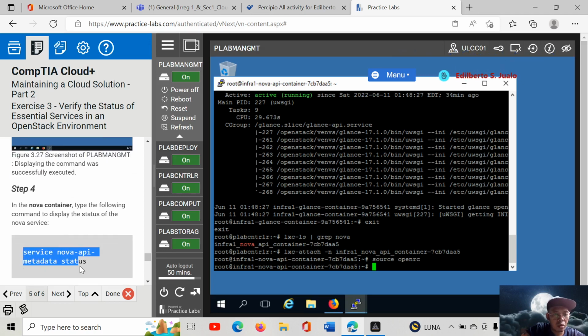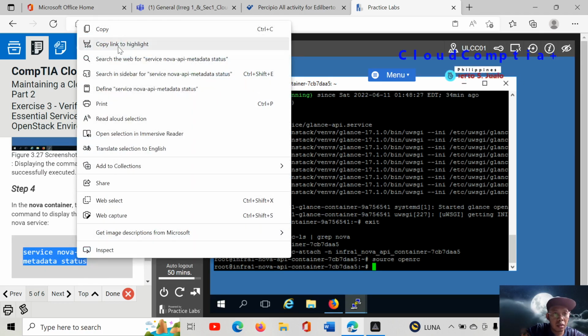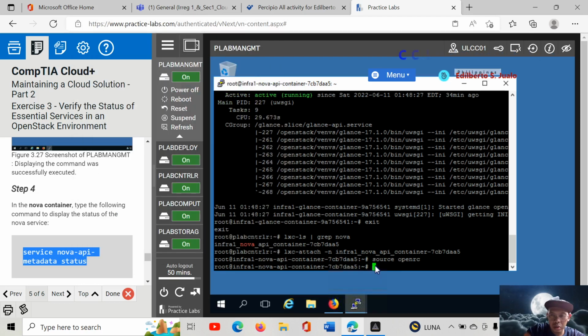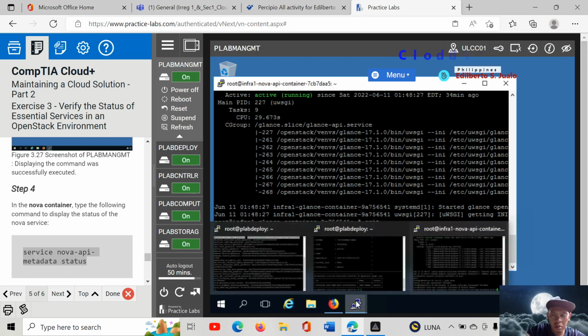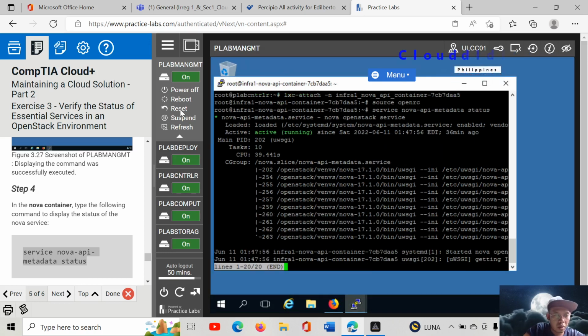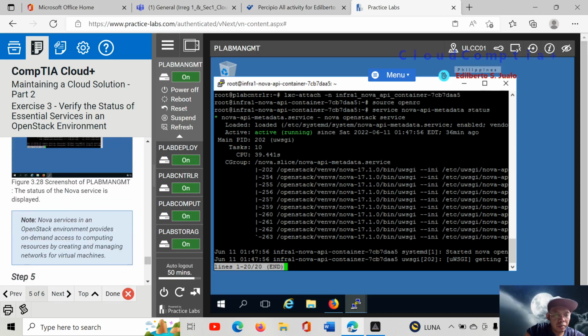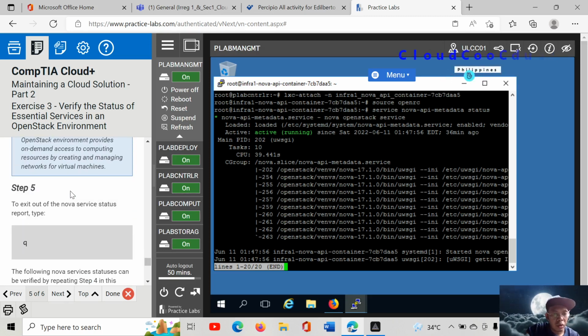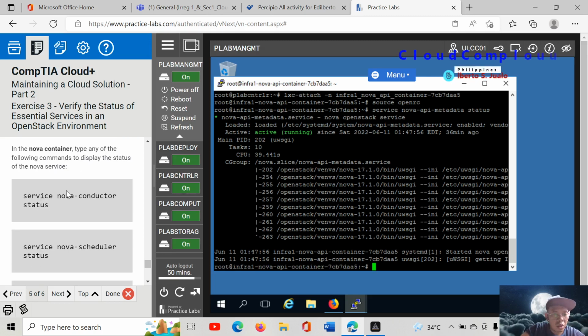And then step 4, copy again, same procedure, status. Oops, sorry, enter. To exit out of the Nova service status, type Q, and then